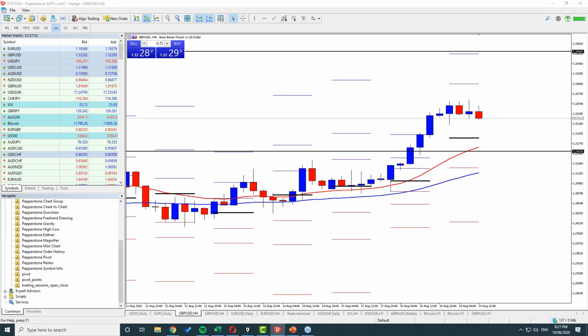Effectively, the market was coiling the day before. It wasn't moving very much at all. The pivots showed that, and then the price actually pushed through to the top end of the range. As in the R3 was hit, and that means that we're going to have some very aggressive moves, not only through that day, but probably we're going to see even further follow-on effect from that. And we certainly did see that.